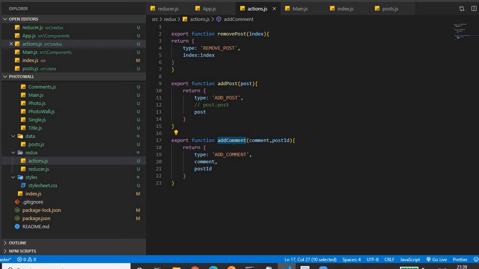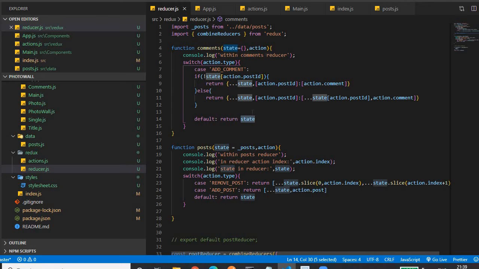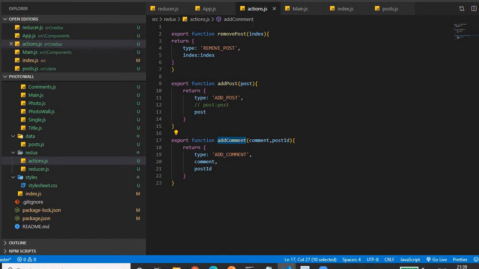So in the store we have two states, one is the comment state, another is the post state, so we have two reducers, and we have three actions. The remove post and add post actions will manipulate the post state, and the add comment action will manipulate the comment state.